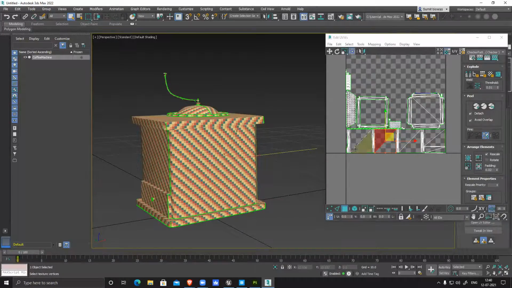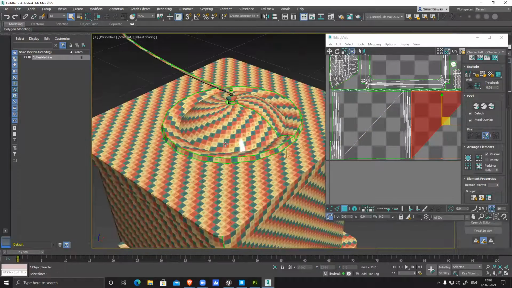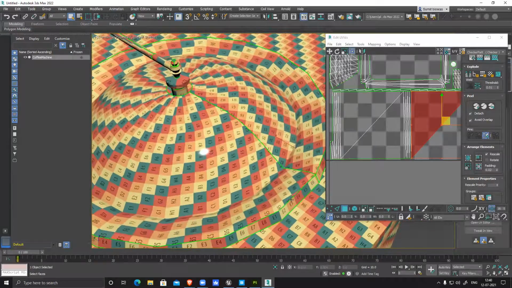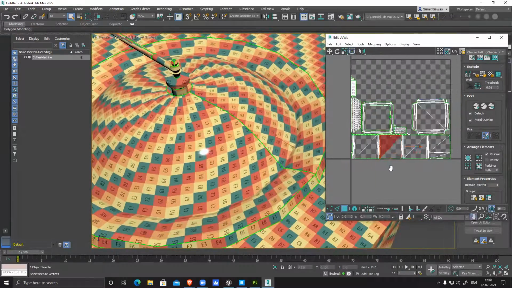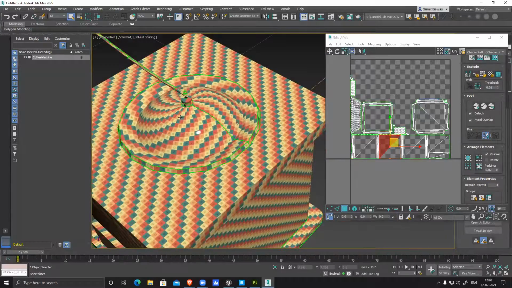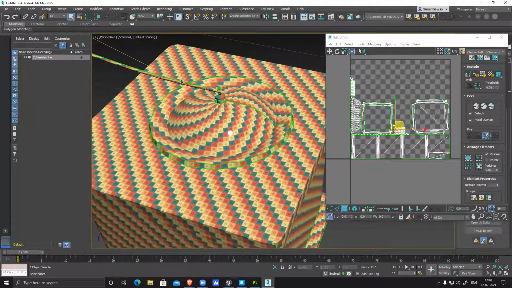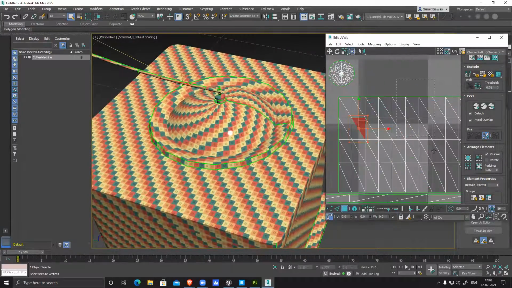Now there are a few things I have to modify like this. If I want, I can stitch with this. Yes, sir. This edge I can stitch with this easily. So let's see what can be done here. This one, let's see where it is.